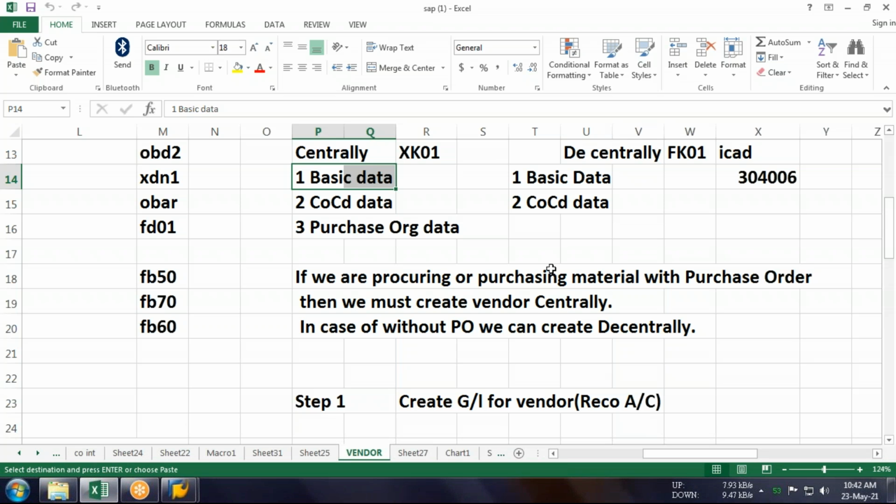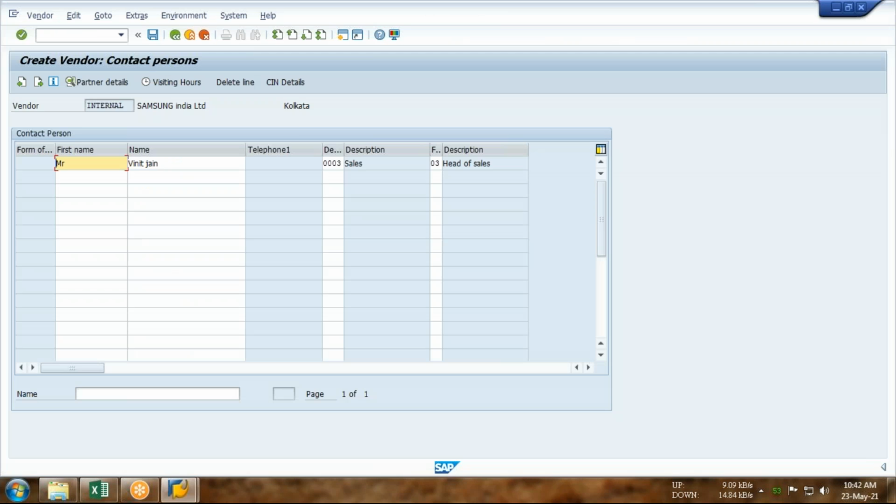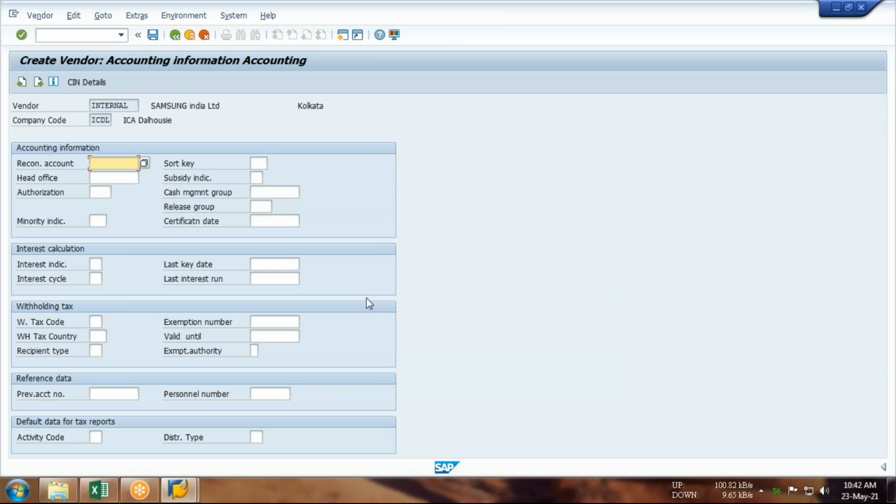Yes, sir. Now move on to the next is a company code data. Okay, so now let's see what will be there in company code data. So how shall we move on? Just click on the right arrow. Okay, next screen. So from here, the company code database shall be starting.